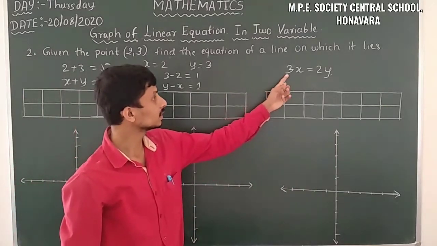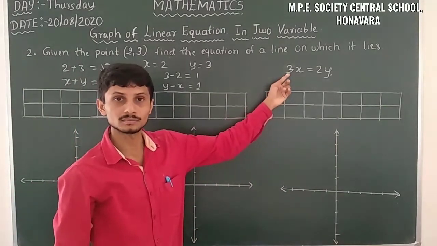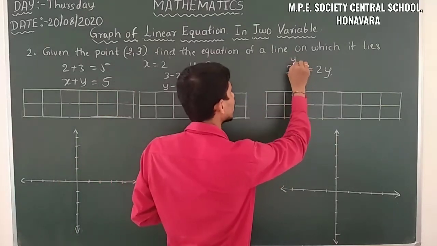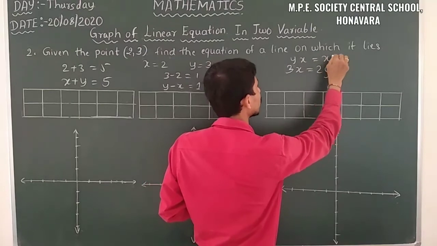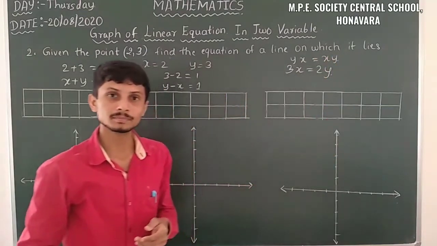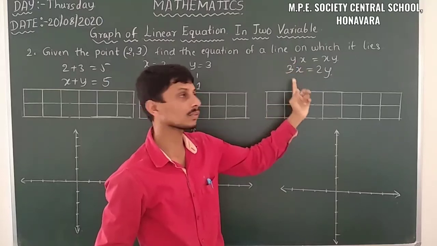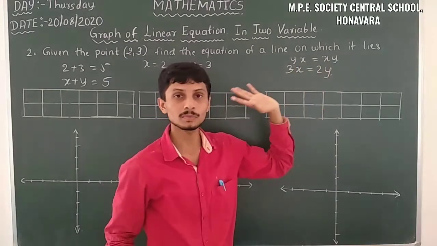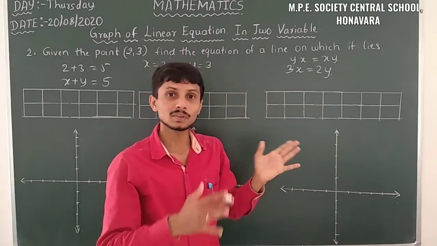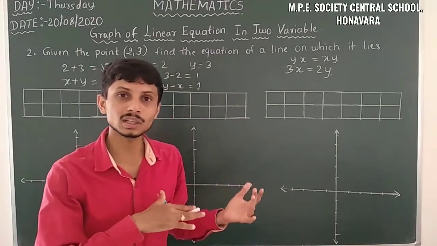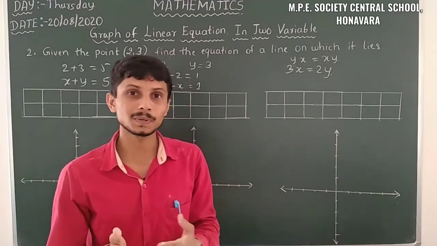Okay, this means 3 is nothing but y. So here xy is equal to xy, that means yx is equal to xy. So both are one and the same. So here we have to substitute the value of y, and here we have to substitute the value of x. That means we have to take the vice versa condition, the cross multiplication like that.